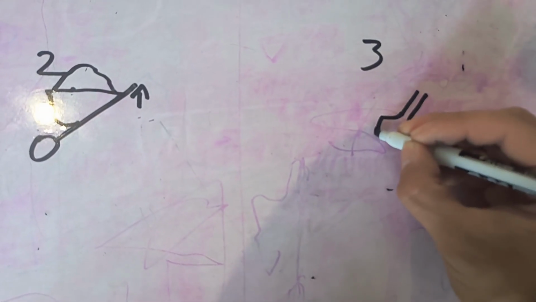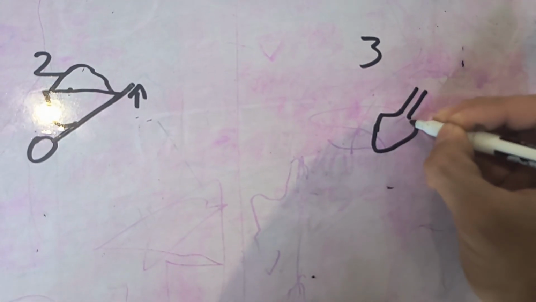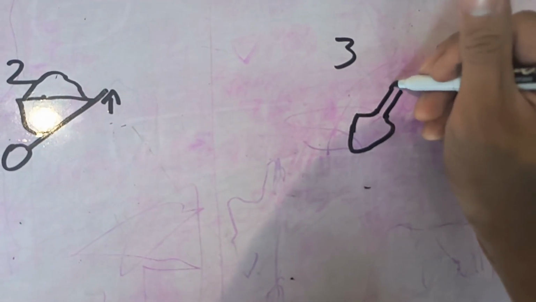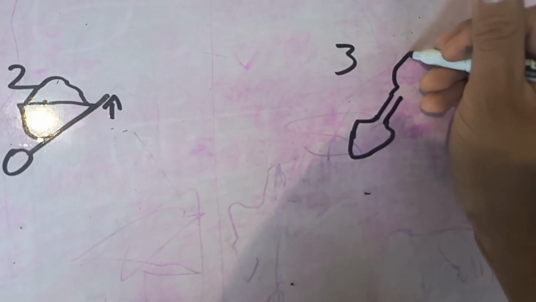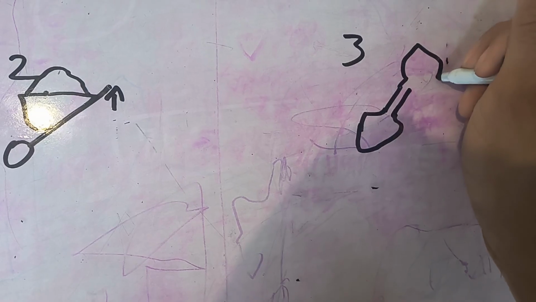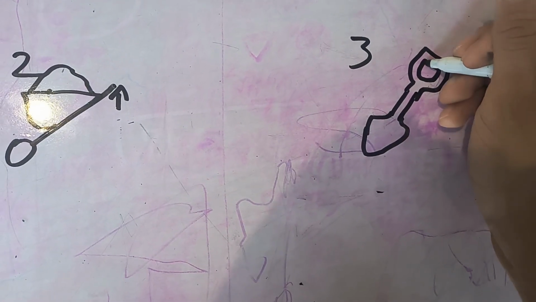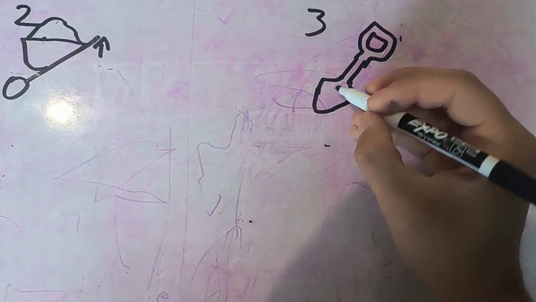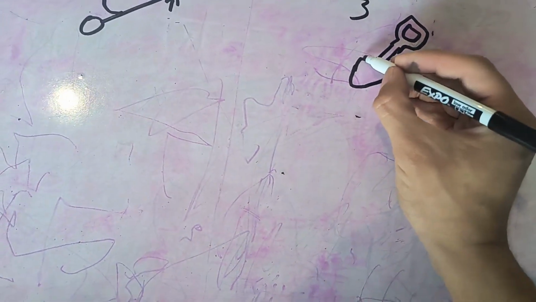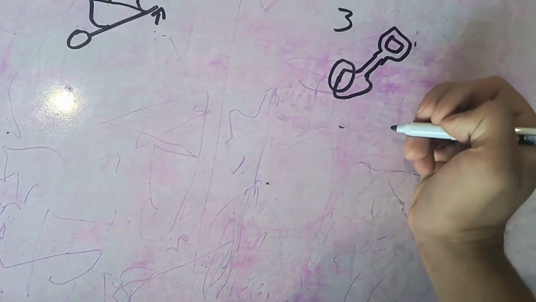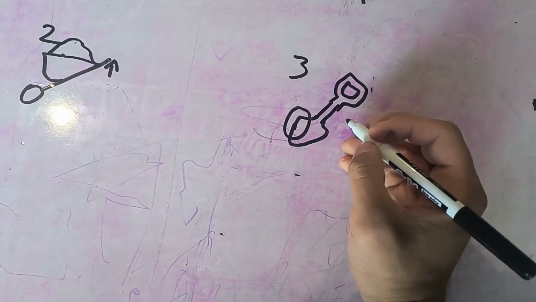Let's say this is a shovel. Whatever. Let's say that's a shovel. If the load is right here, let's say a big rock right there, and we're trying to lift it,